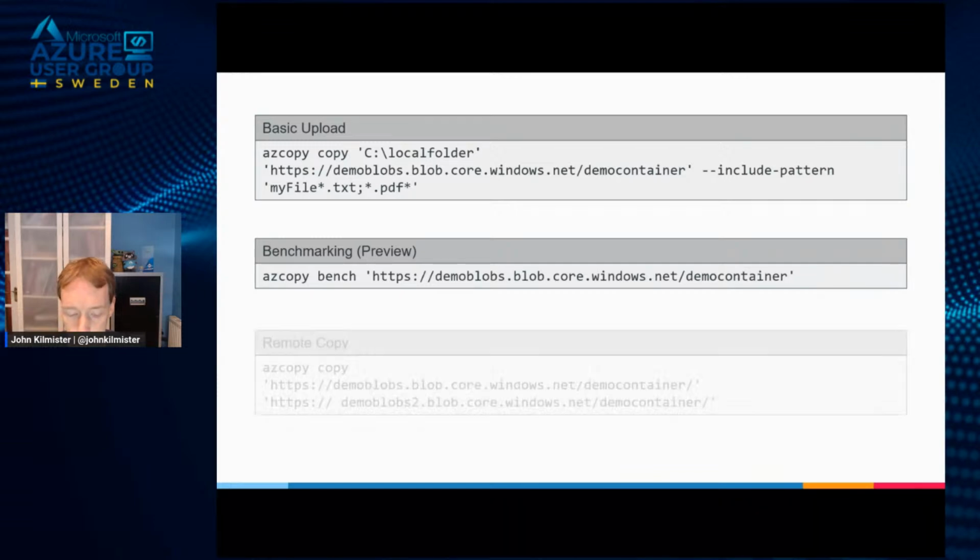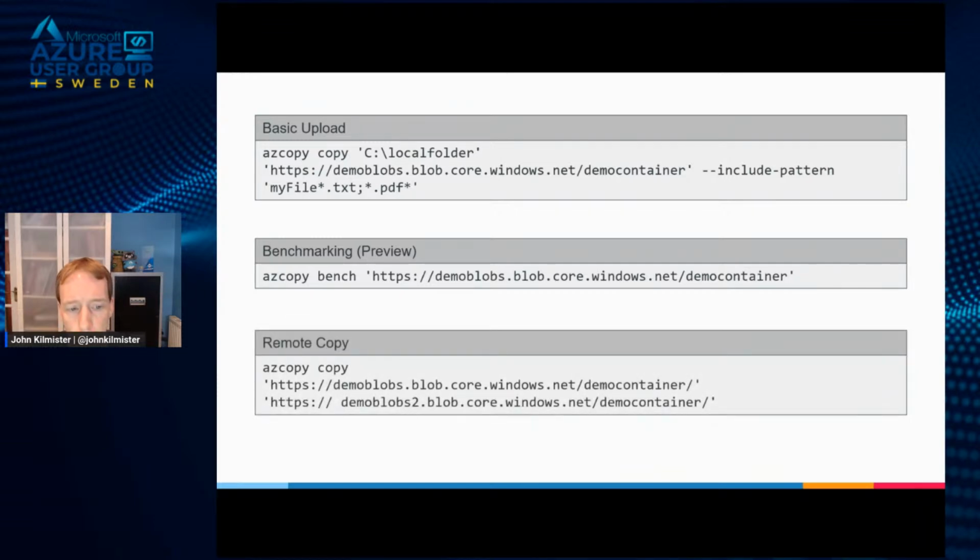AzCopy also does remote copying. So you can copy from one blob container to another, and then it's not going to download the files in between. So it's a direct copy, which is going to make it really powerful. But it can also copy from things outside Azure.